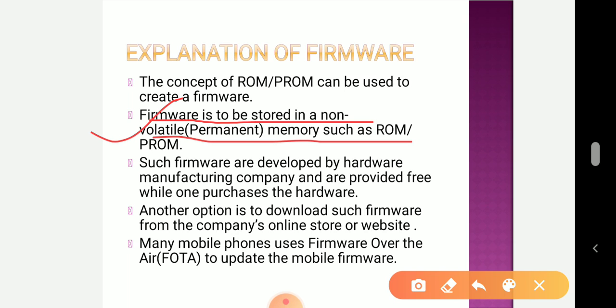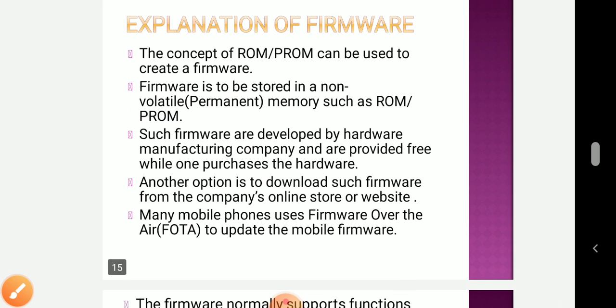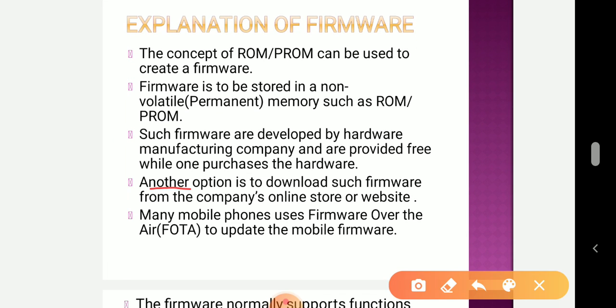Many mobile phones use firmware over the air, FOTA, to update the mobile firmware. Another option is to download such firmware from the company's online store or website. It means you can go to the company store, or otherwise install your firmware from the company website.